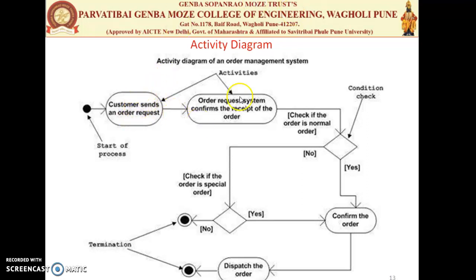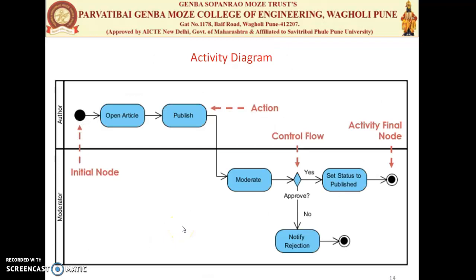Whenever customers order something, the order receipt is taken by the medical system. They check which items are available and which are not. If all items are available, they will confirm and dispatch your order. If some special items are not available in the store, they will check for those special orders from a vendor. If available, they will confirm the order and dispatch it. If not available, we go to the end step. The end step is also called the termination step. And then we have another diagram.